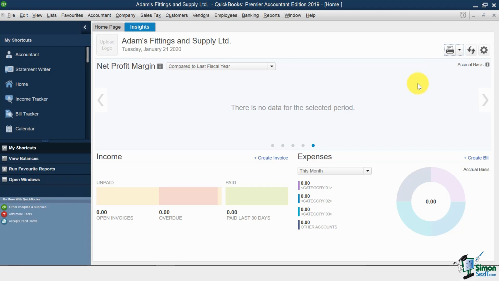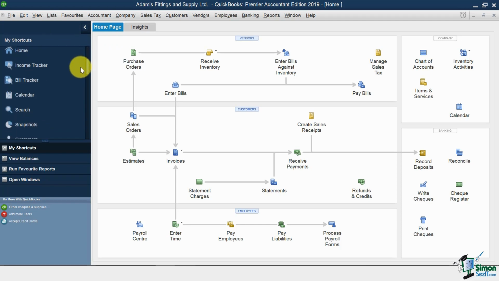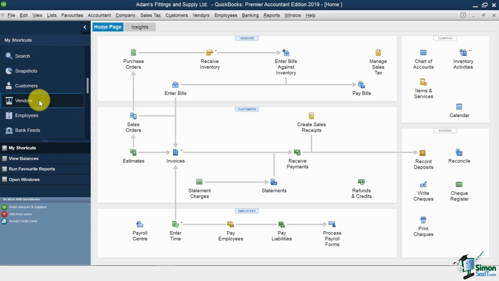If you're wondering how you can get back to your home screen fast, you can use the shortcuts that QuickBooks has built on the left icon bar over here. So under My Shortcuts, I'm going to click Home. You can also just click up here, Home Page. And here we are, back to base. Besides the home screen, there are other useful shortcuts that you can access from the left, such as Customers, Vendors, Employees, Bank Feeds,